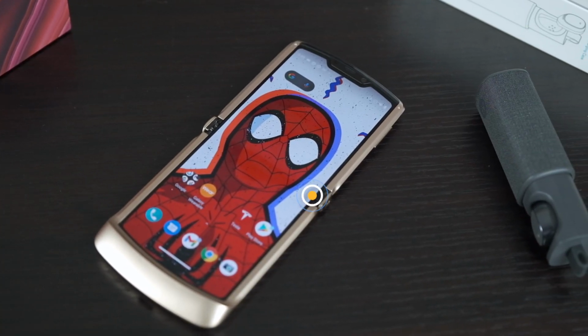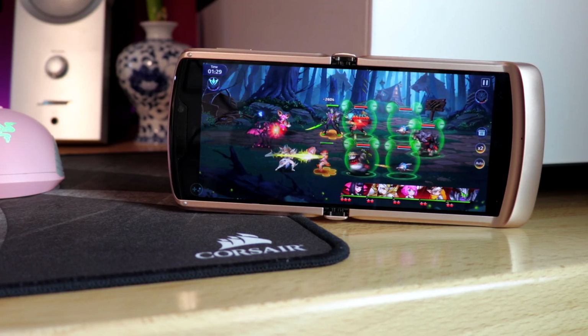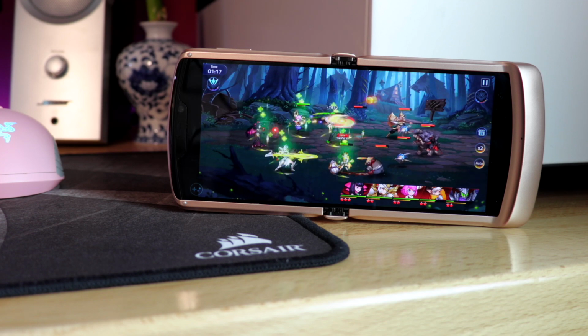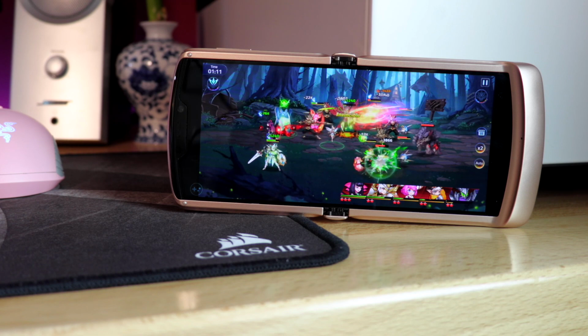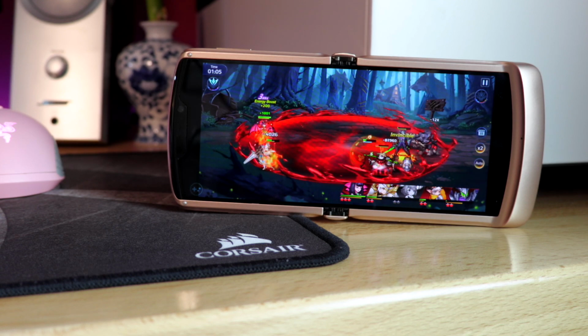The Qualcomm Snapdragon 765G processor runs here, and it uses 8GB of RAM and 256GB of storage. With that said, most people who buy this phone will be satisfied with the end result of day-to-day usage. Unless you're playing heavy mobile games, you're probably going to have a hard time noticing speed differences with a flagship processor. Yes, it is slower, but not by enough to influence your opinion of the performance, at least for everyday